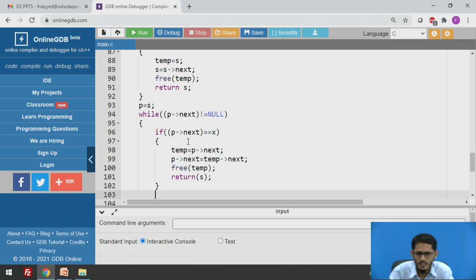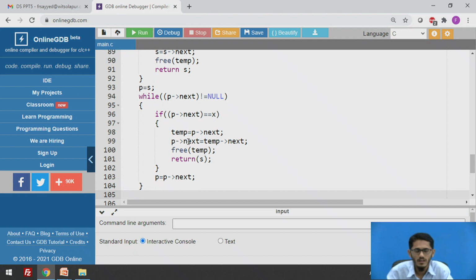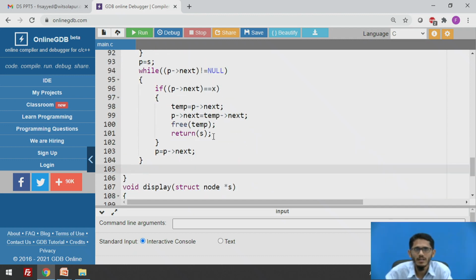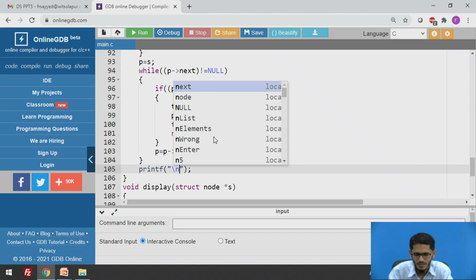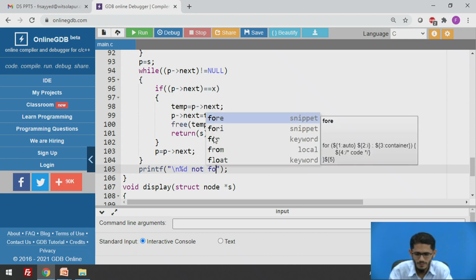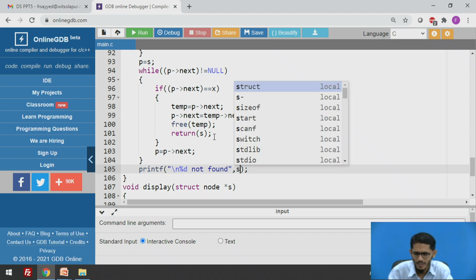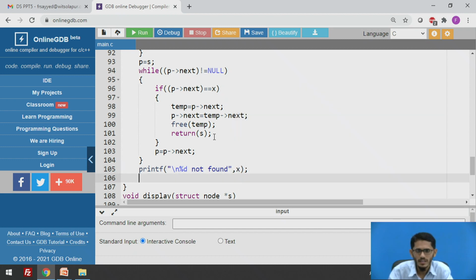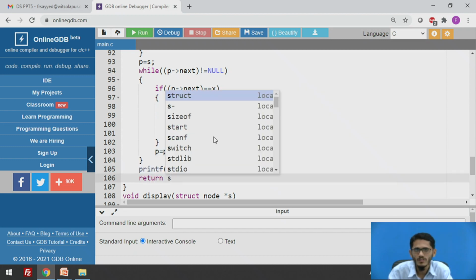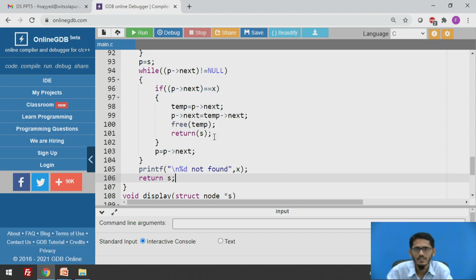If this is not the case, then I just go on moving the p pointer ahead. And if I come out of this loop, it tells me that the element has not been found. So I just display the line that percentage d not found, meaning the element x is not found, and just return the value of s.